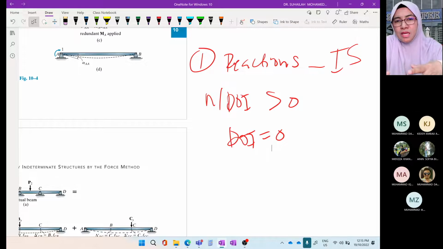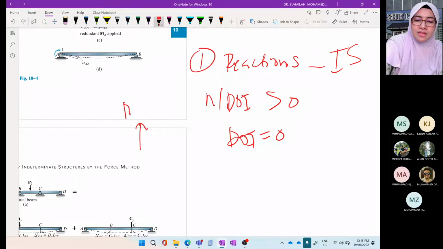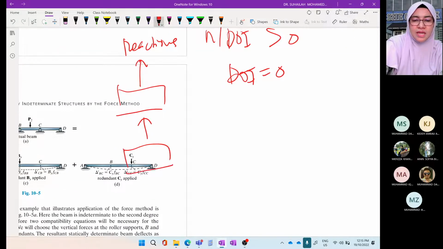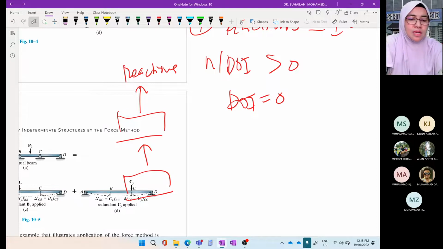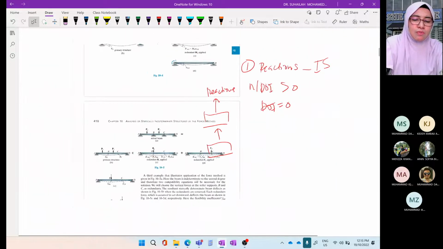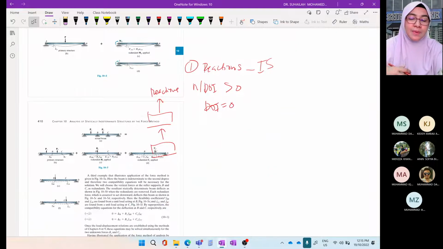So ini dia punya main objective, maksudnya ini final goal. So macam mana nak buat ni? So dia adalah, semua ni adalah backward calculation. Reaction is the final. This reaction is the final goal. So kat sini apa? Yang ni yang kita nak cuba fill in dalam flexibility method. Kita panggil backward calculation. Okay? Backward process lah calculation, memang kita akan start daripada bawah, tapi maksudnya kita kena tahu kita punya aim. So setiap step yang kita buat tu, kita ada justification kenapa kita buat benda tu.